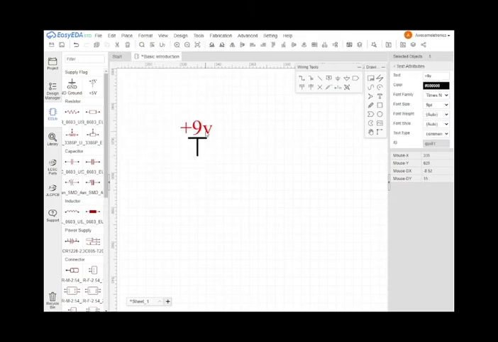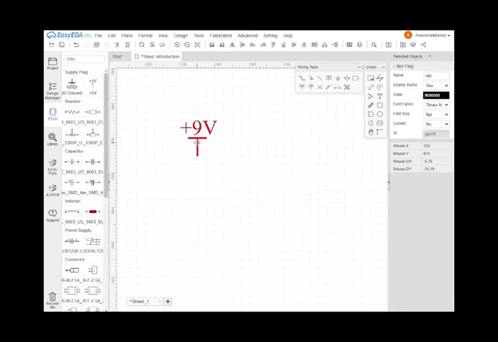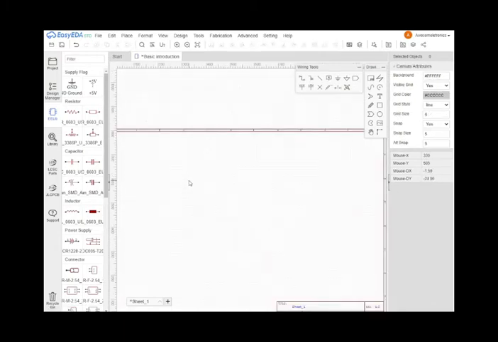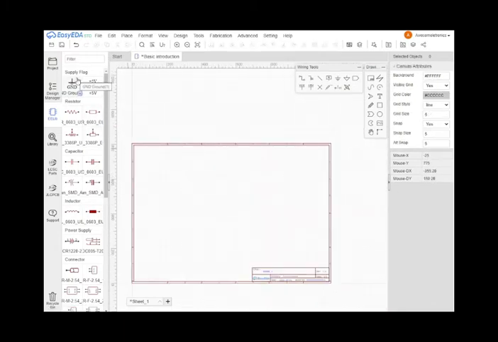like that, I can name it just like this. And there is the ground. If you don't know what ground is, it's negative, alright. So yeah, and